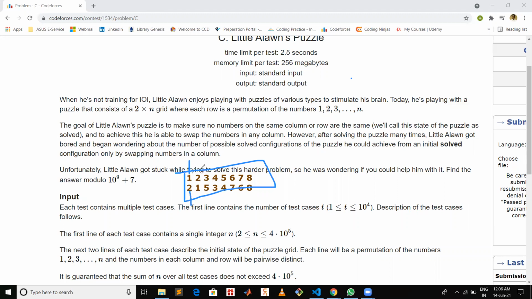So you have to make sure that the numbers in each row are unique. You have to swap some group of columns such that the set of numbers which come in the second row after swapping is the same set of numbers that goes into the first row. You have to identify these kinds of groups. If you take the first and second column, after swapping, the 2 and 1 are coming in the second row, and the same set of numbers, 2 and 1, is going back to the first row.